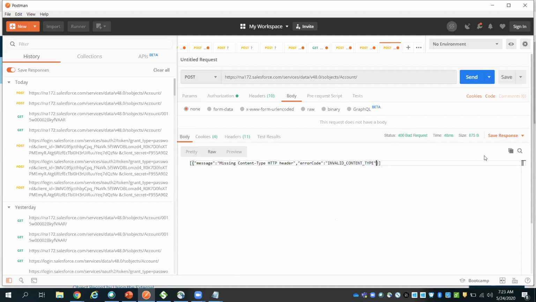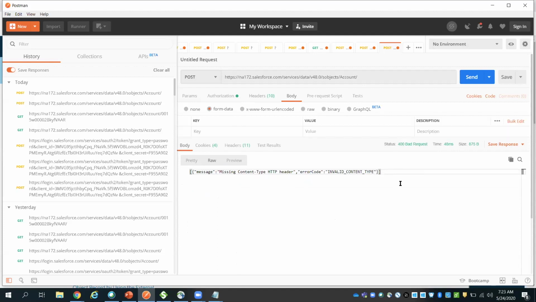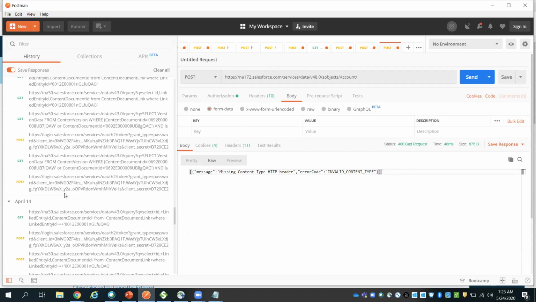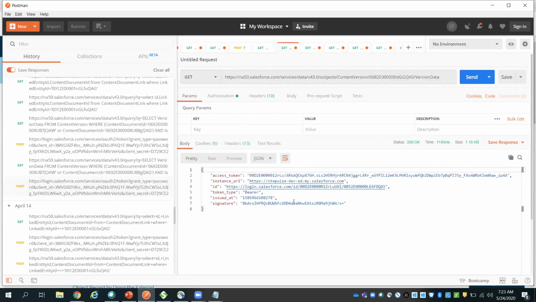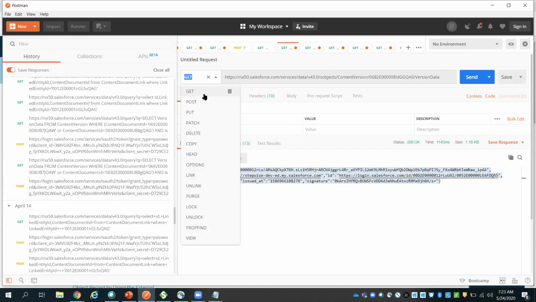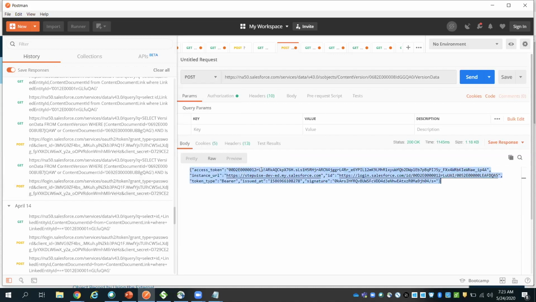So please select raw. Somehow it is disabled for me. Okay. Let me just do something else. It is somehow disabled for me. I'm not able to type anything.